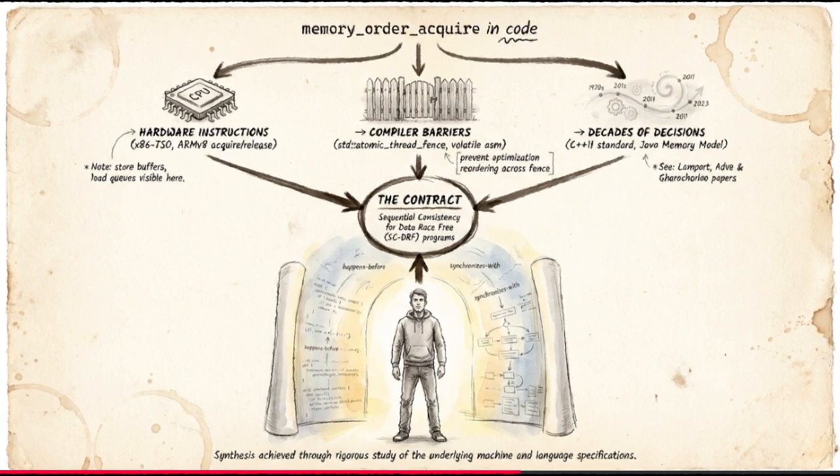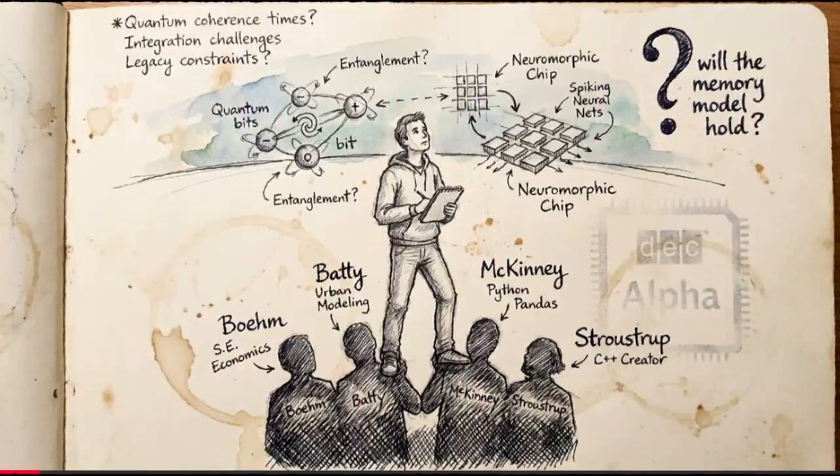You are generating specific hardware instructions and erecting compiler barriers that were shaped by decades of trial, error, academic debate, and the failure of ideas like consume and transactional memory. You have to design your concurrent systems respecting those architectural constraints, because you cannot outsmart the compiler's optimization rules. You are standing on the shoulders of developers who literally fought the compiler teleporting their code and hardware architectures that pulled data out of thin air. Precisely. And as we look toward a future of entirely new hardware architectures, maybe quantum computers with entangled